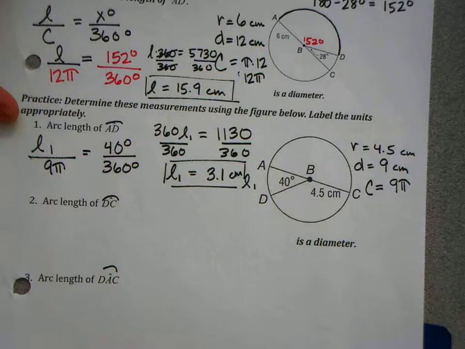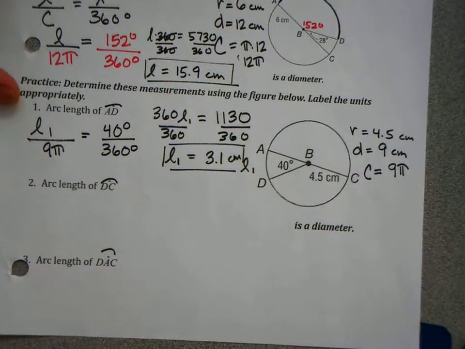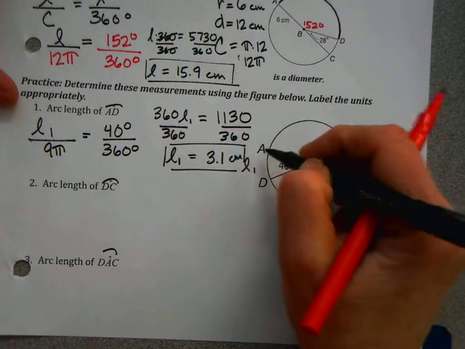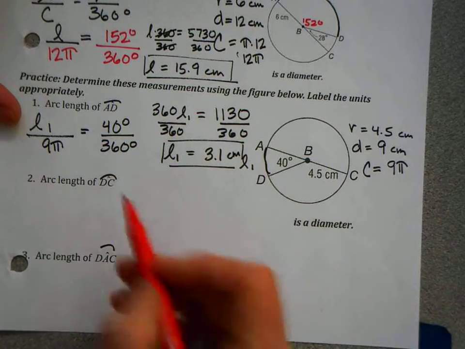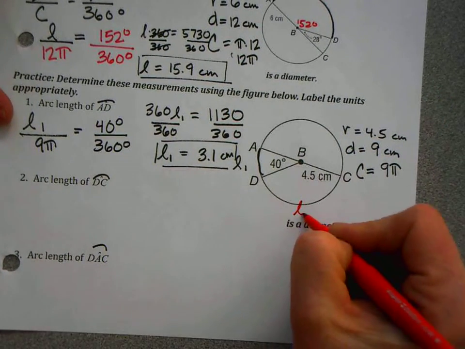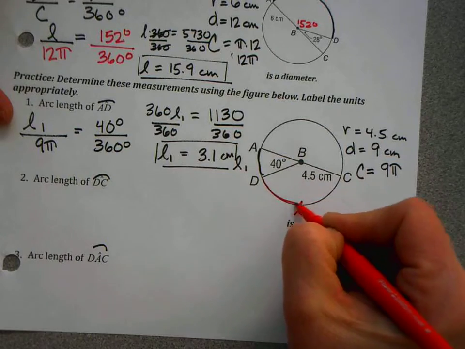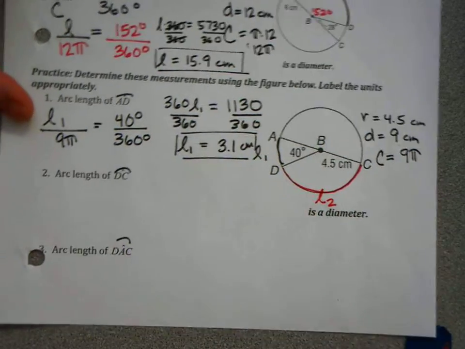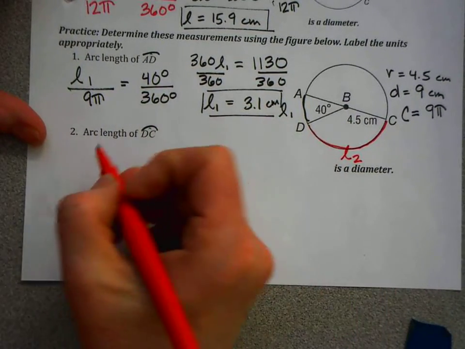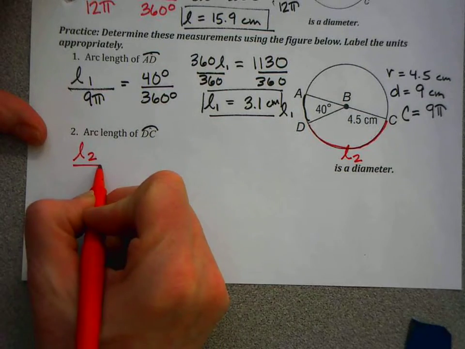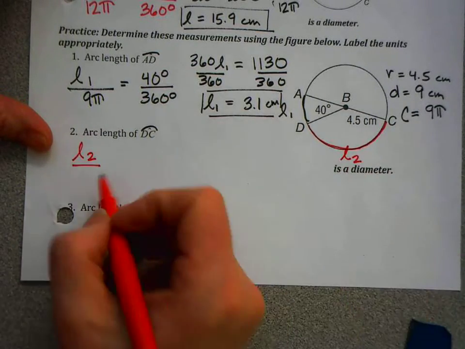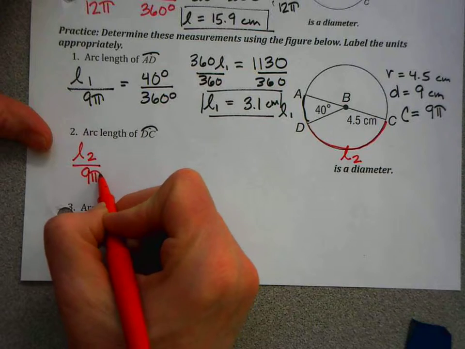Okay, I'm going to do a different color. Let's look at another arc. So that was arc L1. Let's look at arc DC. We'll call this L2. We're looking at what is the length of this arc. We set up a proportion again. Length, which I don't know, over the circumference of the whole circle, which is still 9 pi, is